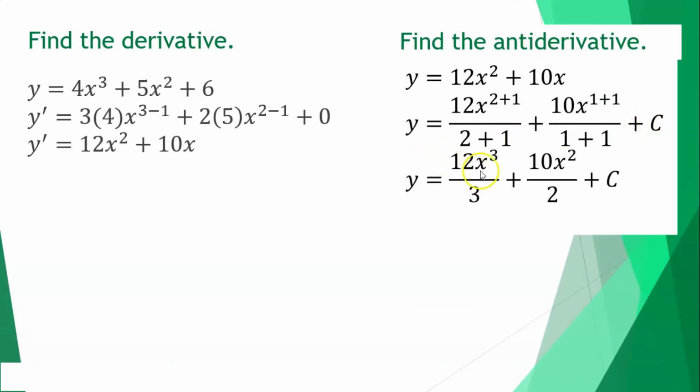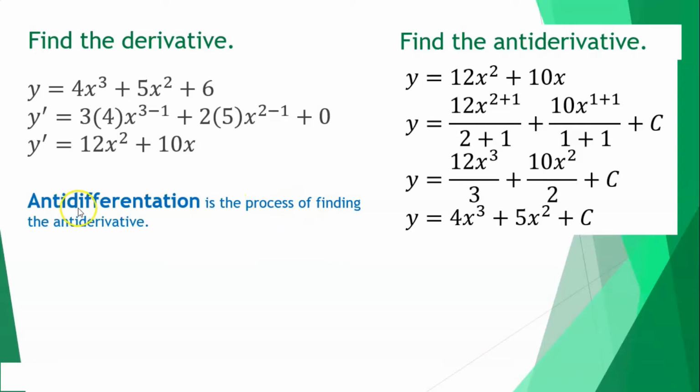So simplifying, we will get this. 12x cubed divided by 3, so 4x cubed. 10x squared divided by 2 is 5x squared. Then plus c, in which it is basically the original given. The c here represents any possible constant, because if I give 12 here, the derivative is still 0. So take note,